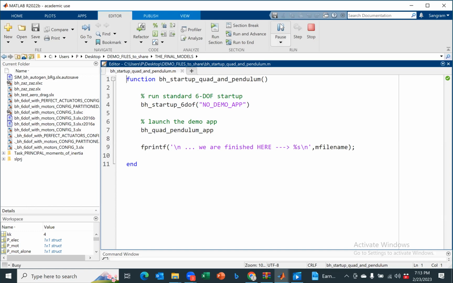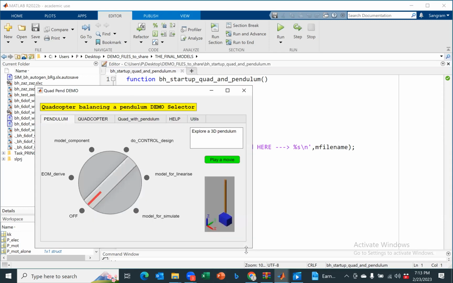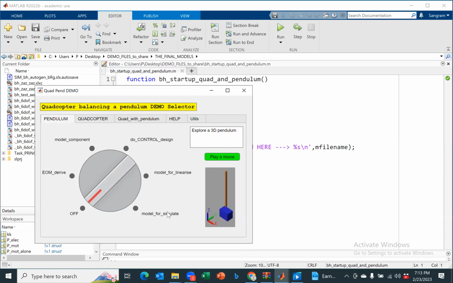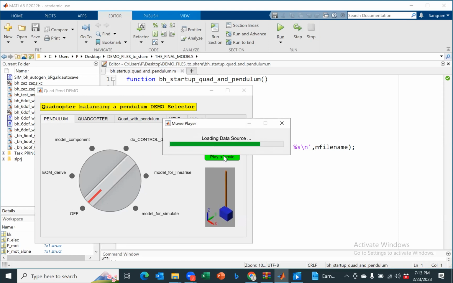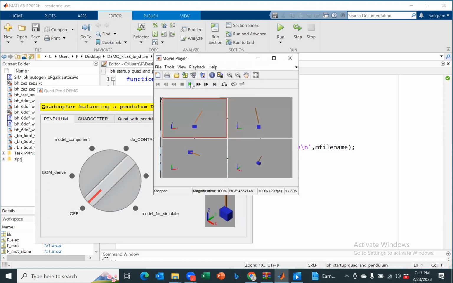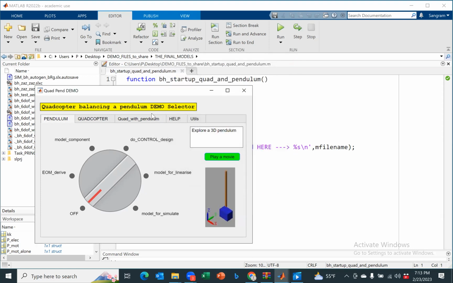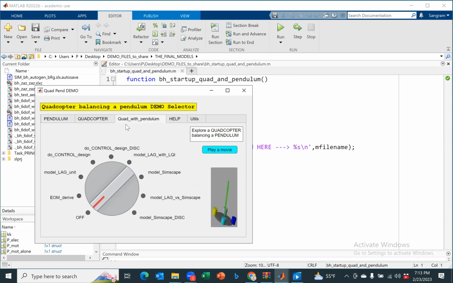So basically, if you have a different flight vehicle or if you have something else, you can also follow the same process. So basically what you have is, you will see that you have the quadcopter and then you have basically the sling load that is actually being carried by the quadcopter. So I would encourage you to play with this. And then there is this quad with a pendulum. So if you want to play this movie,